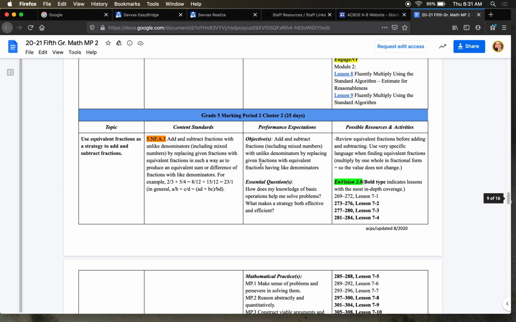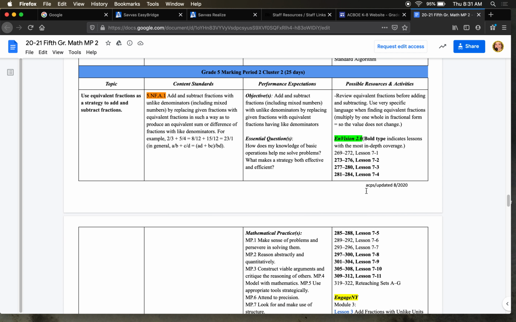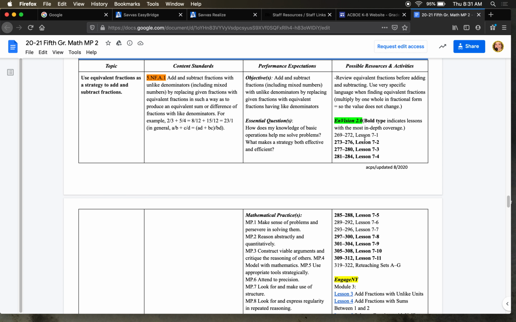So I'm going to scroll down and I find NF1. As you can see, these are the Envision 2.0 lessons that focus on that standard. And it tells you that the bold ones are the most in-depth coverage. So since I'm just starting teaching this standard, 7.1, 7.2, 7.3, 7.4 is where I'm going